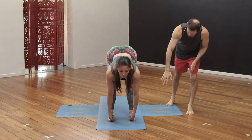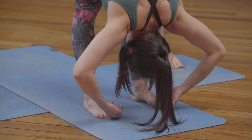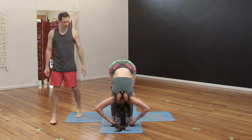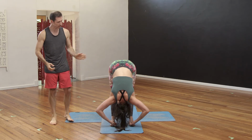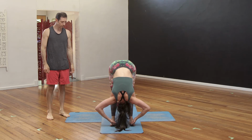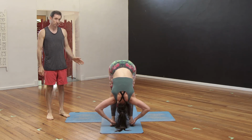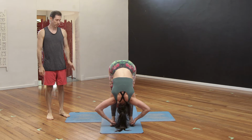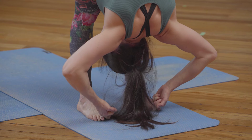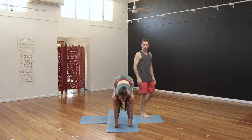Now as she exhales, she'll fold into the posture, pressing her thumbs down onto the top of each big toe. You can see she's straightening her legs and rounding her spine, trying to dip her nose all the way in between her knees. 3, if she wants to challenge herself, she can bring her weight forward a little bit more. 4, ooh, good. And 5, inhale, straight arms, she'll lift the head and chest to look up, and then pause